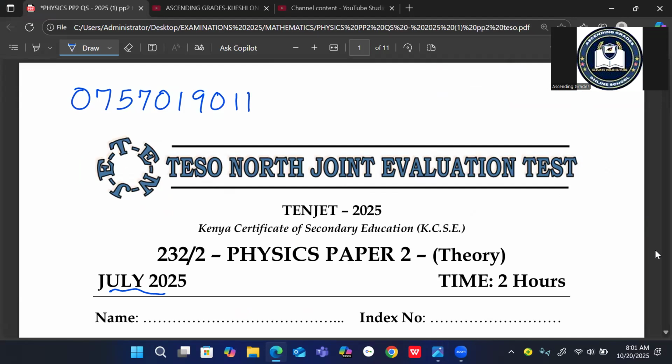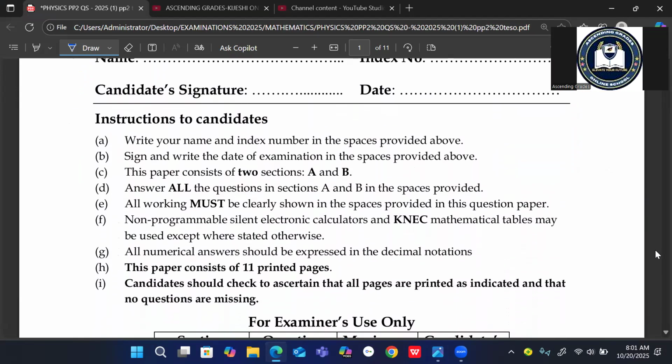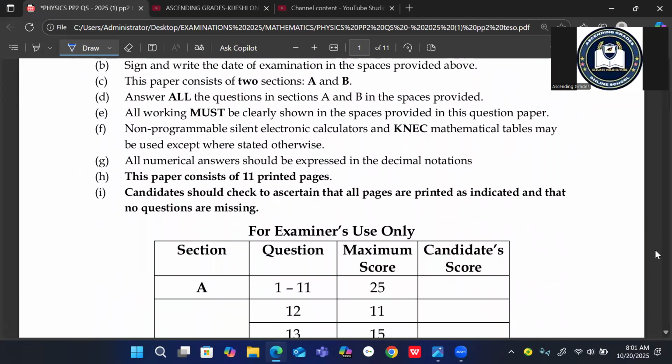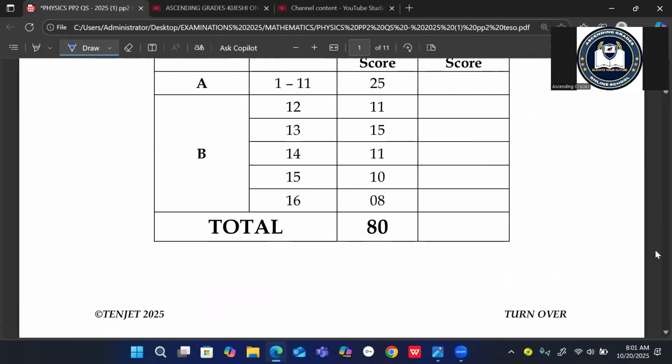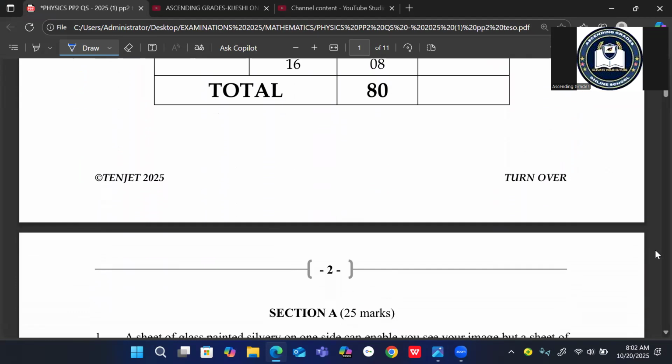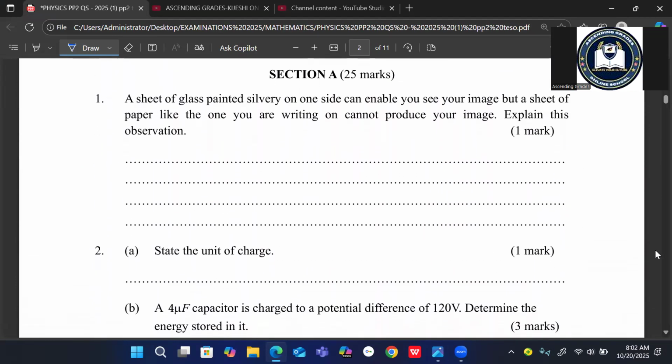Now we can go straight to the working of this Physics Paper 2. We have the instructions over there. We're going to start with Section A, which comprises 25 marks. Then we're told the first question: